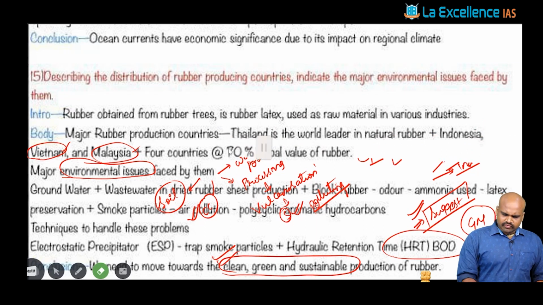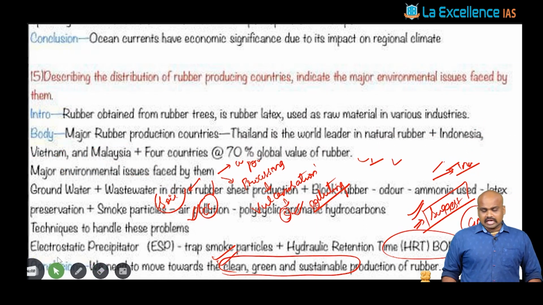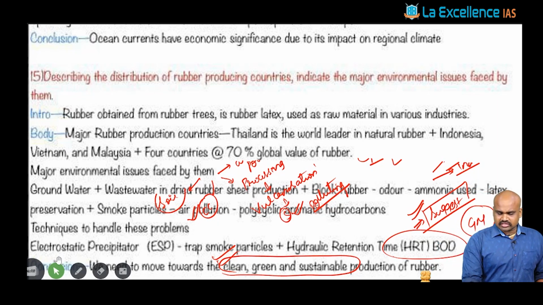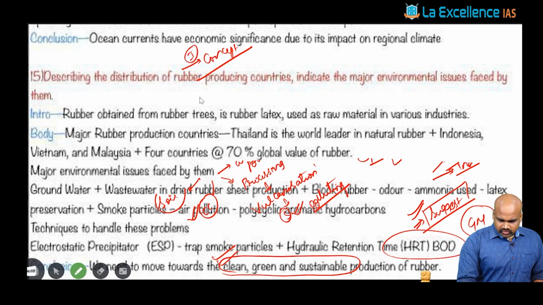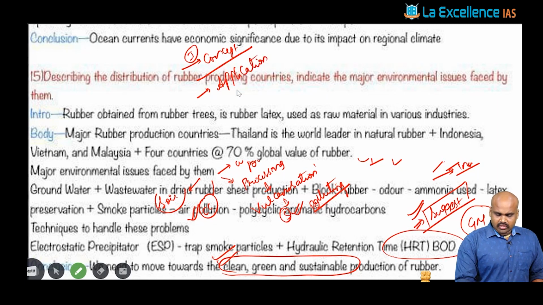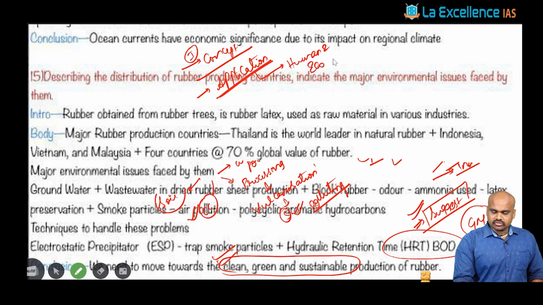And just as an overview in 1 minute, we will see what are the elements to be included in a geography answer. As discussed in Lapse Purana, again I would like to repeat here, for any geography answer, one aspect you need to remember is conceptual clarity. The second thing you need to discuss with respect to any geography answer is its application, fundamentally its application in the context of human and economic geography.